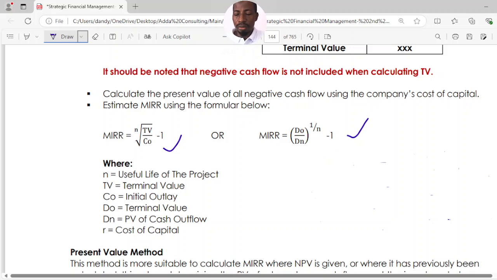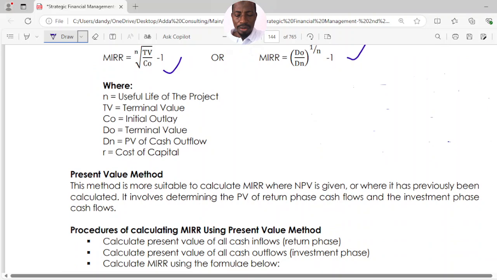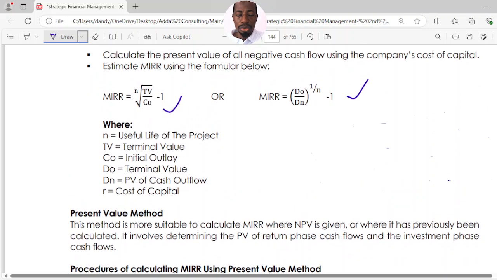The DO is the terminal value. The DN is the present value of cash outflows, the present value of negative cash flows. N is the useful life of the project. So that's that. Then of course, before we go to the decision rule,